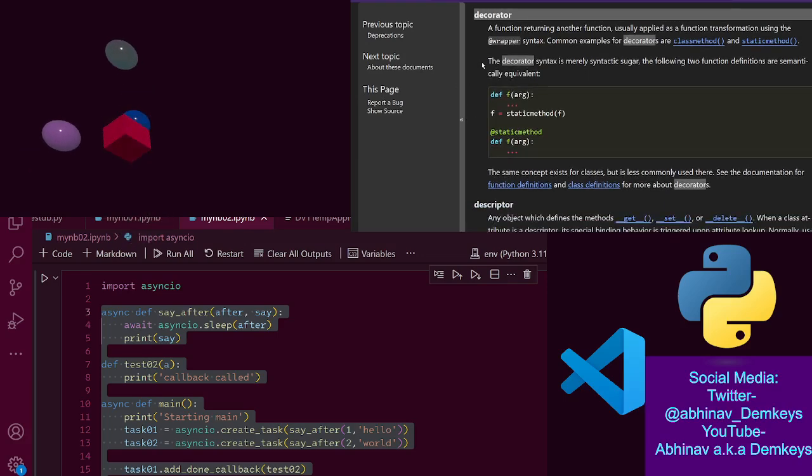The decorator syntax is merely syntactical sugar. The following two function definitions are semantically equivalent. So we define a function and then set that as a static method. Okay, so then this, we would be defining this